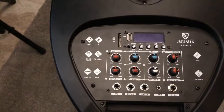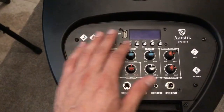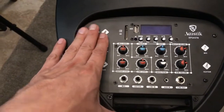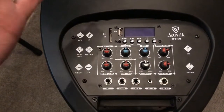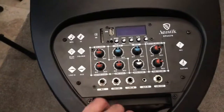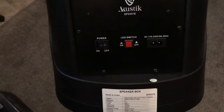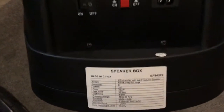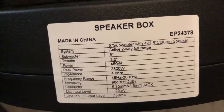So you can throw a little 32 gig USB card in, let it play, and you can have some little controls here as well. This also does have Bluetooth. I did connect to it, and it did work. So nice little feature to have Bluetooth as well. So we're going to go ahead and go to the back of this, and basically you have an LED switch for your lights and little information down there, so you can see what they're claiming over here. 8-inch sub,